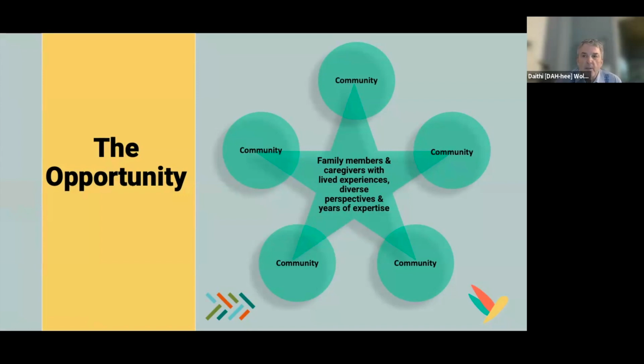So the next thing we're going to talk about is, okay, we have the problem, we have the why. What's next? Well, the opportunity and hopefully the solution. And this was from a state level perspective, because our state Department of Children and Families acknowledged all the stuff we were talking about earlier in terms of not having those voices, and really wanted to create a diverse group around the